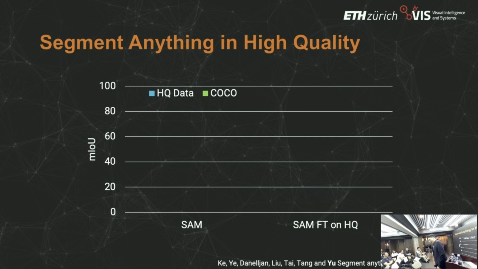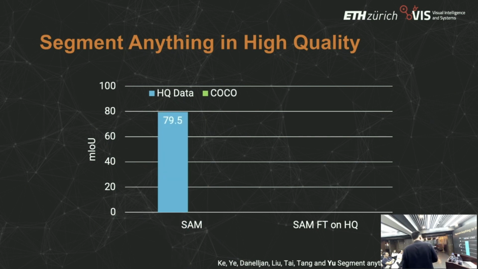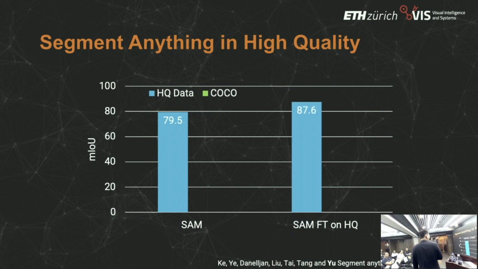We have a naive try. Say we collect all the detailed datasets together, and we first evaluate the SAM. And this is the performance we can get. And then we fine-tune the model on the detailed labeled data. We get a much higher performance, and the visual experience is indeed much better. So this is very good. It means that